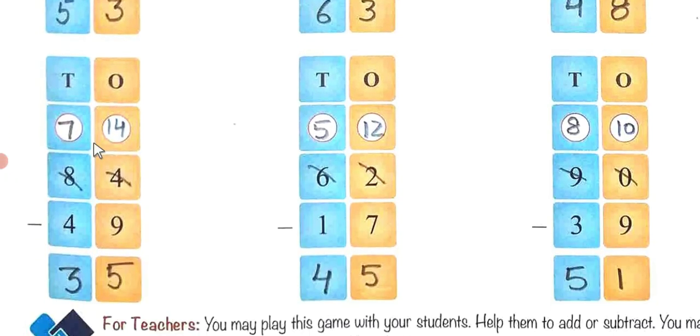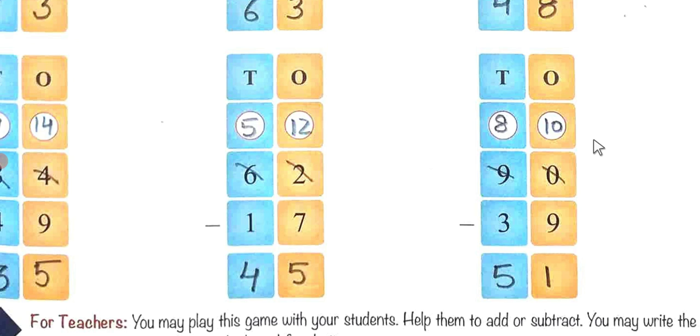Now please see. Here also 84 minus 49. So 9 cannot be subtracted from 4. So 1 carry has been taken. 14 it became. 14 minus 9 is 5. And here because it has given one number to this number, it will become 7. 7 minus 4 is 3. So 62 minus 17. So 7 cannot be subtracted from 2. So it has given one number to this number. So it became 12. 12 minus 5 is 6. So because it has given one number here, it will become 5. 5 minus 1 is 4.